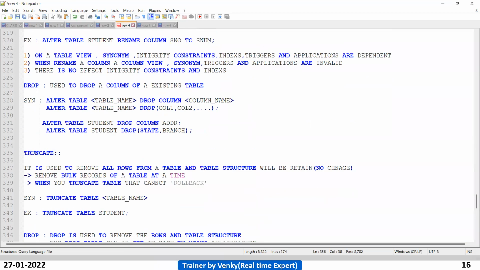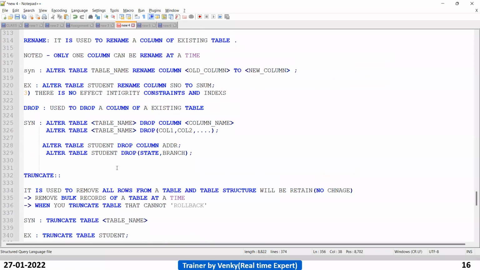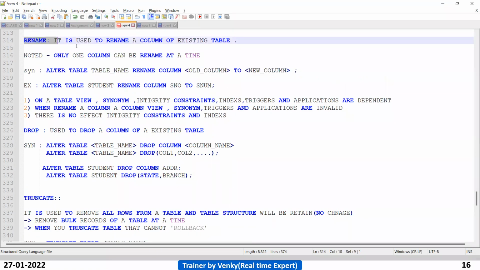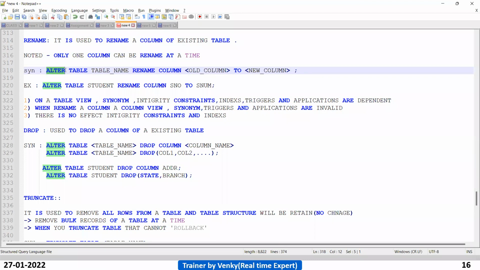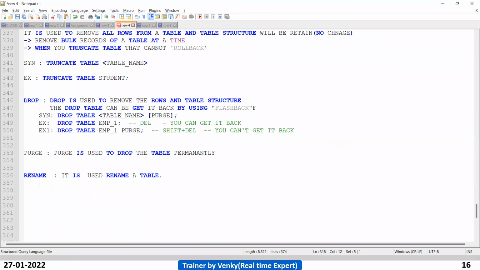Drop and rename will work at column level and table level both. If it is column level, then you have to go for the alter with options. If it is table level, you need not go for the alter option. So rename is used for table level also. It is used to rename a table also.